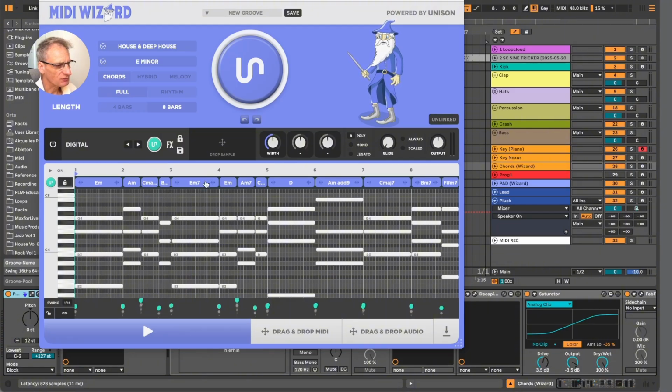Then we have again the home position, here also home, then the subdominant again, A minor and C major 7. Then there is a D major, this is also the dominant position, and then we go to the A minor and C major 7. Here is also subdominant position, and then finally we end this progression with the B minor